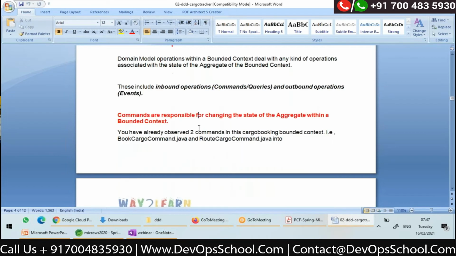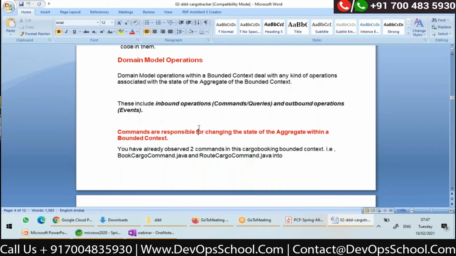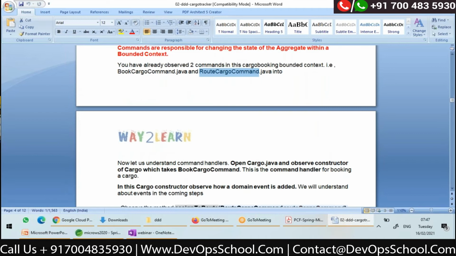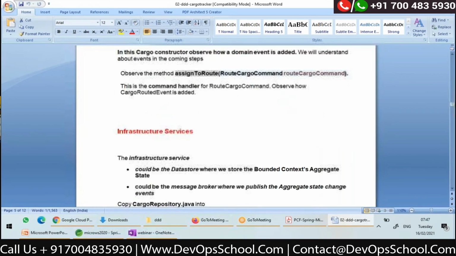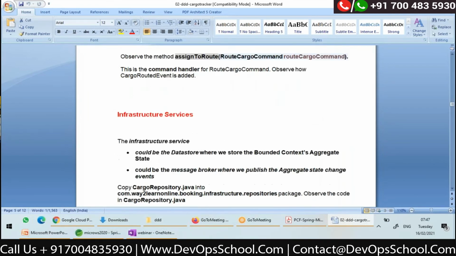There are multiple operations: domain model operations, inbound operations and outbound operations, right? Commands are responsible for changing the state of the aggregate. As I told you, I explained about my book cargo command and route cargo command, right? So I explained all this.